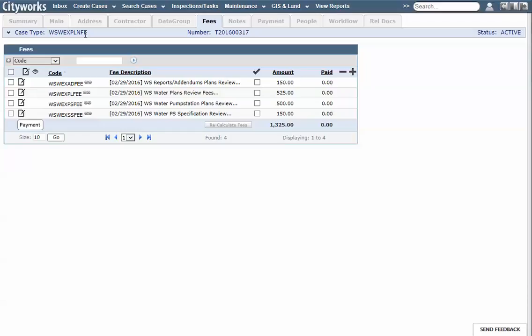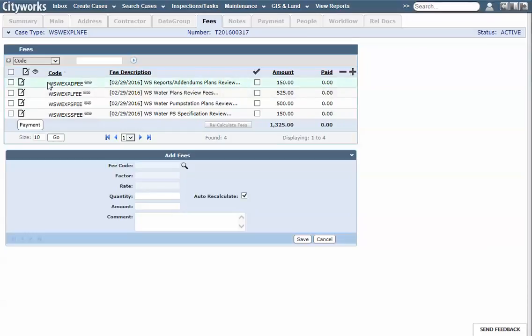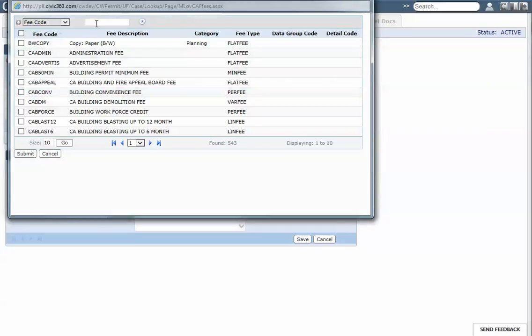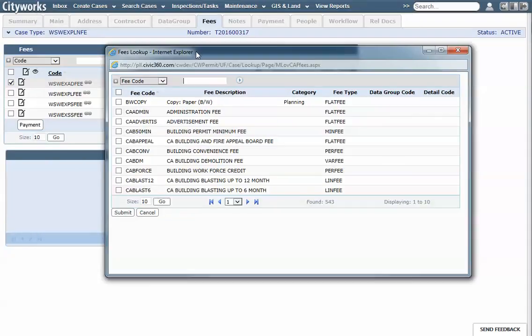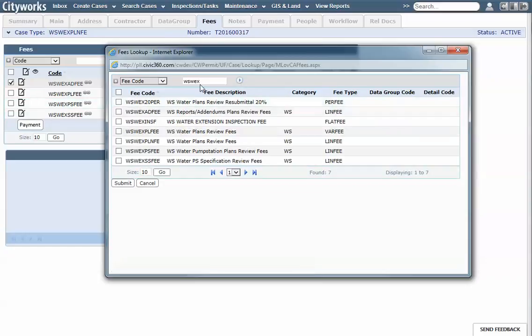So in this case, I'm going to add in this fee, and it's the same prefix as the other fees here. So on a WEX, a water extension, it's going to be WEX 20 per, so 20%. So you can see all these the same, and then for a sewer, it's WSS instead of WSW. So go down here to the fee code, and I'll search for basically the same prefix again, WSWEX here, and I'll find that. And if I wanted to put the 20, I would just find that one,